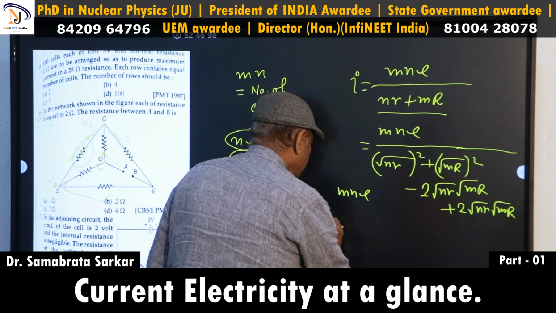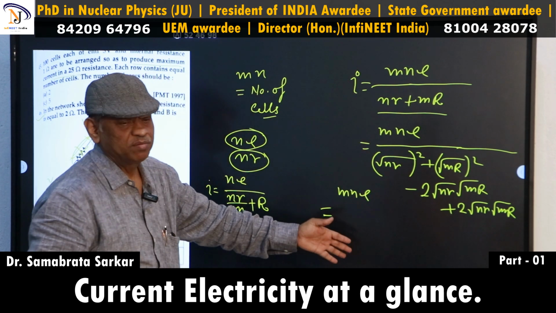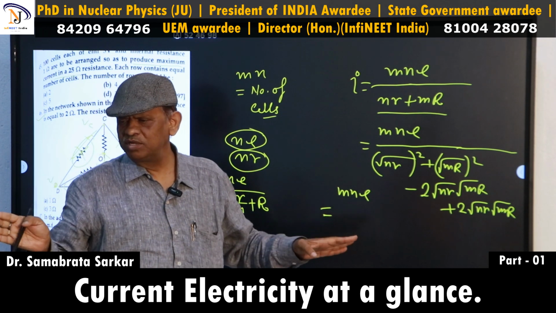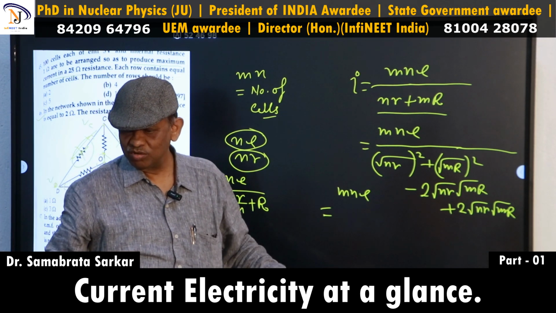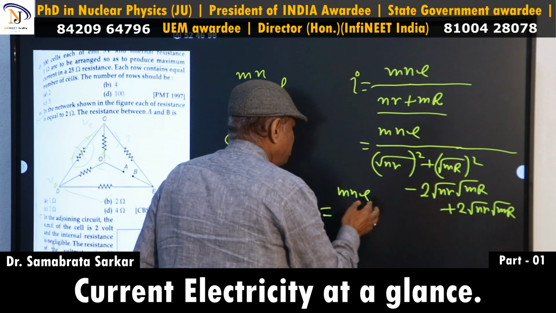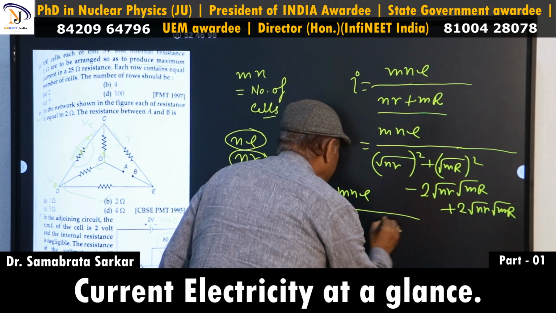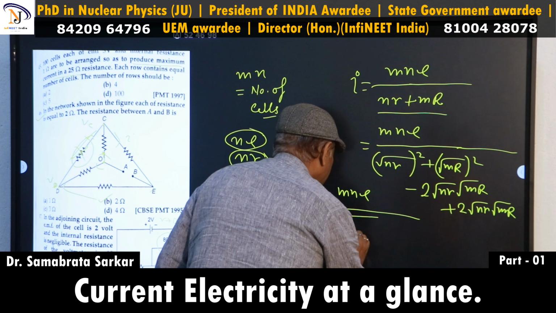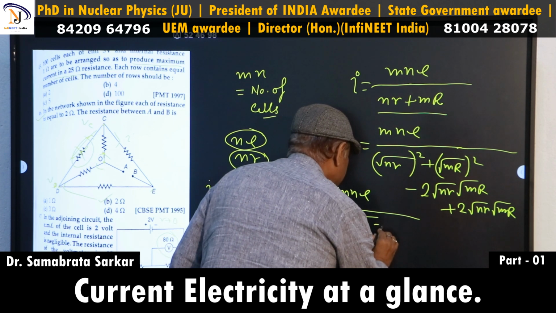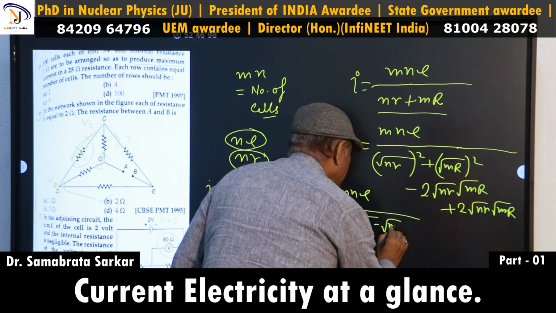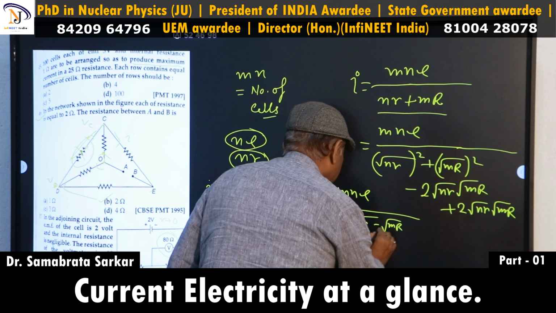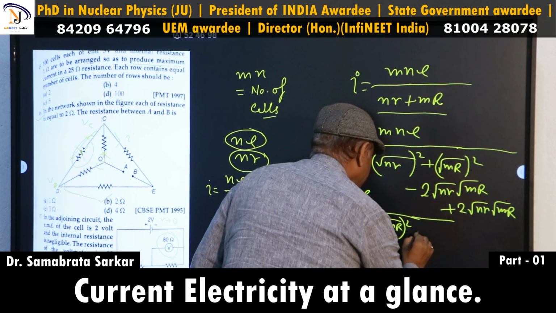MNE. I am just going through the steps; there is no need to do this step in your exam hall. I am just showing how to solve it. You will write the formula directly: MNE divided by root NR minus root MR, whole squared,